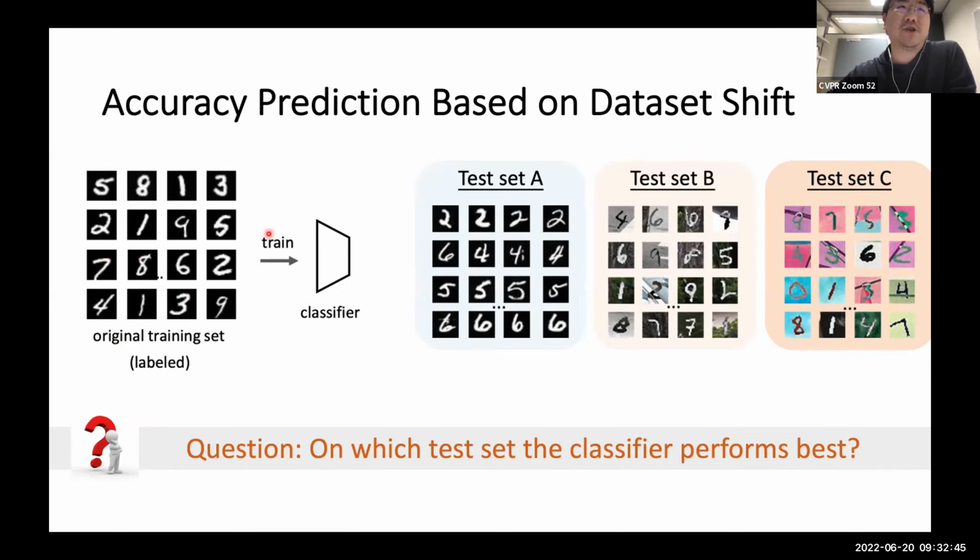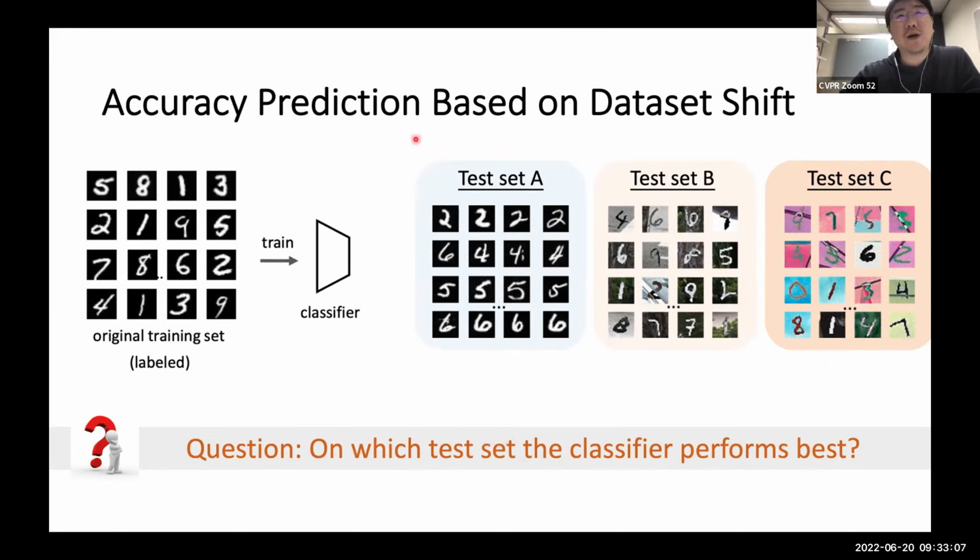Suppose we have 3 test sets, and none of these test sets have labels. I want to ask a question: on which test set does the classifier perform the best? The answer is quite obvious.